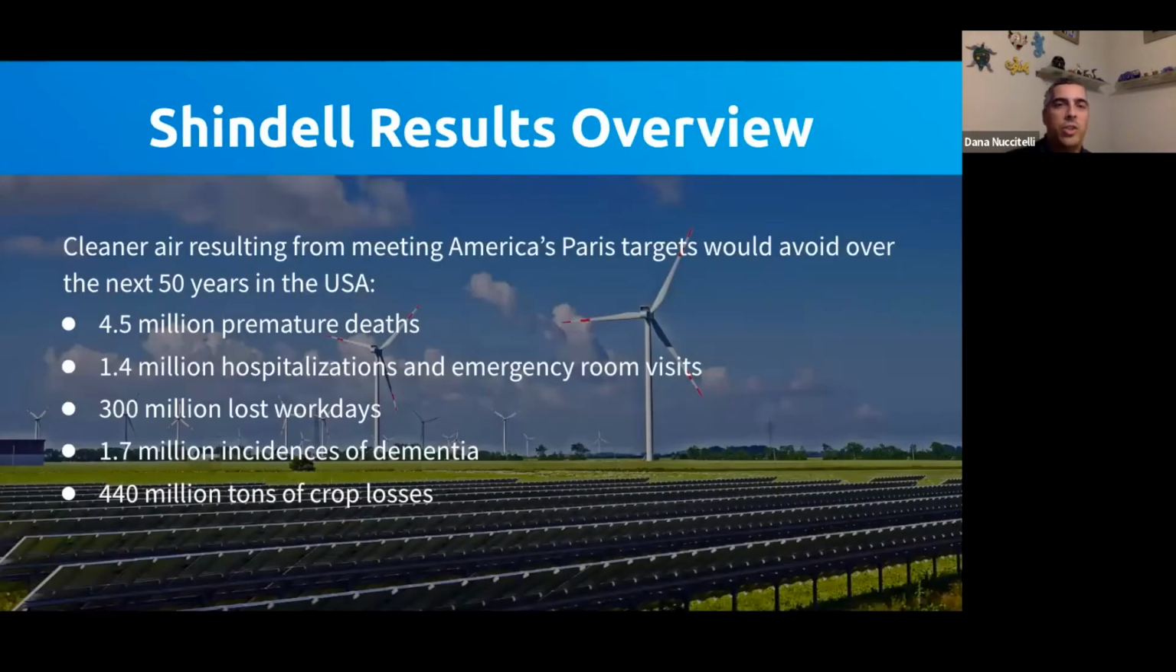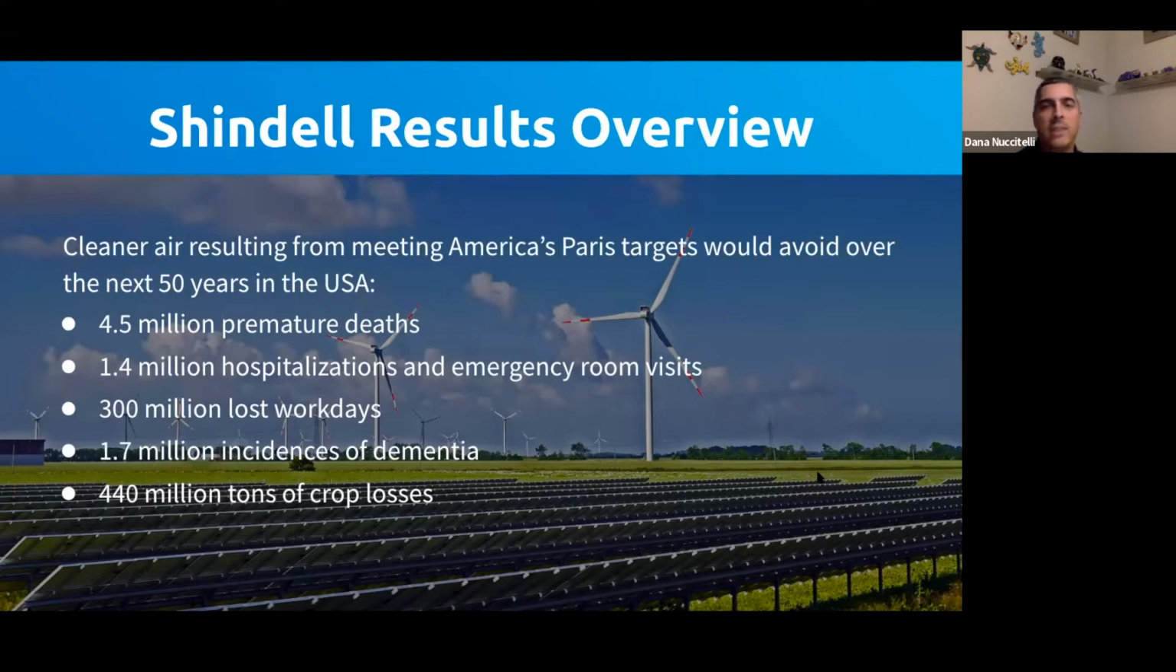So just as a general overview before we get into the state-based results, basically, what they found was that if we in the United States implement climate policies that phase out dirty fossil fuels in line with the Paris Agreement's targets, then over the next 50 years in the US, we will avoid 4.5 million premature deaths from people breathing dirty air, 1.4 million hospitalizations and emergency room visits from things like asthma